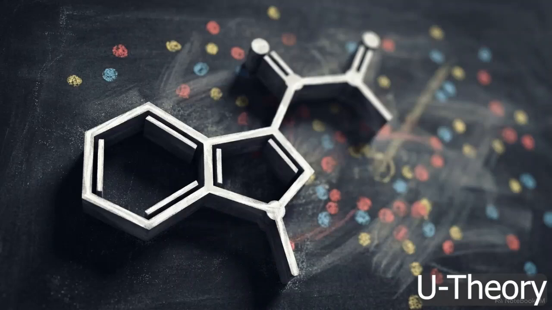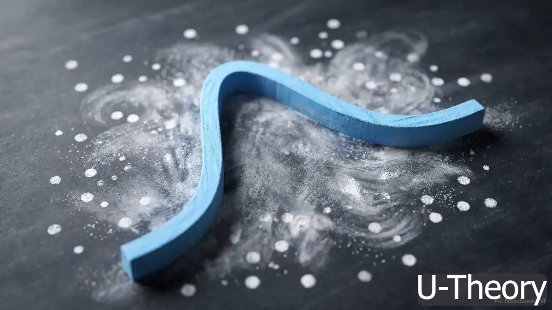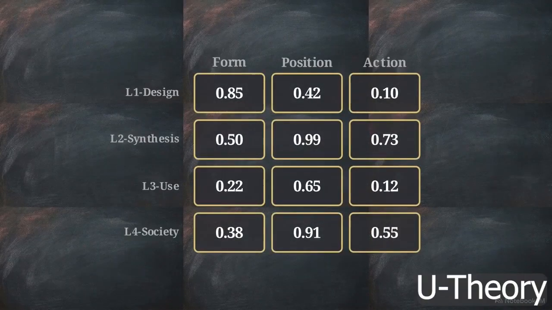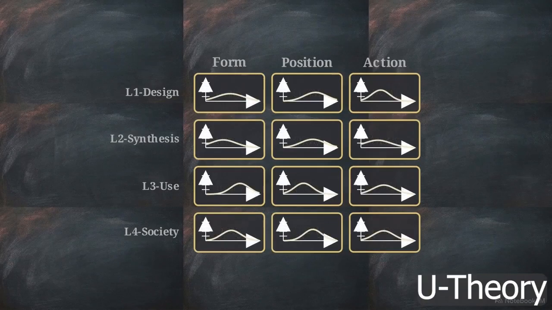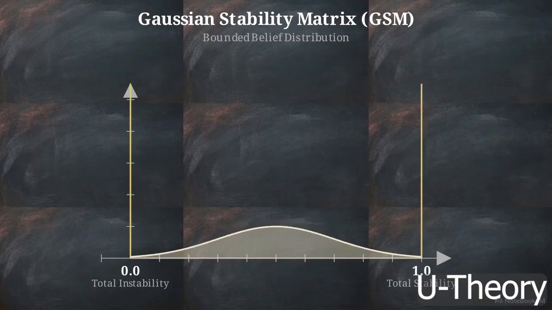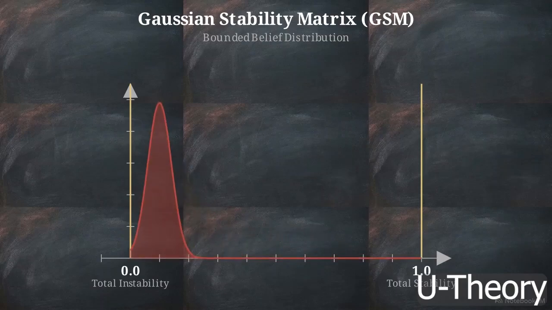Density functional theory predictions often create an illusion of precision over highly uncertain data. The Gaussian stability matrix, or GSM, provides the probabilistic layer required to navigate this uncertainty. The GSM replaces every static number in the 12 cells of the matrix with a belief distribution. These are modeled as logit normal distributions. Their horizontal axes are strictly locked between 0.0 and 1.0 via logistic mapping to prevent impossible physical states. This approach allows the system to distinguish a high-confidence failure from mere ignorance.